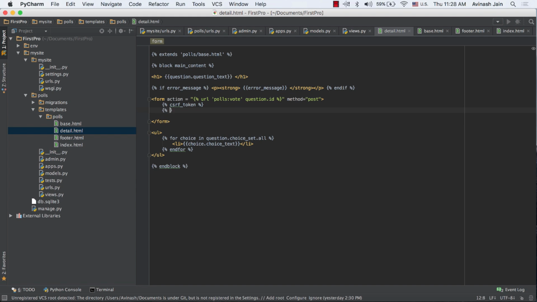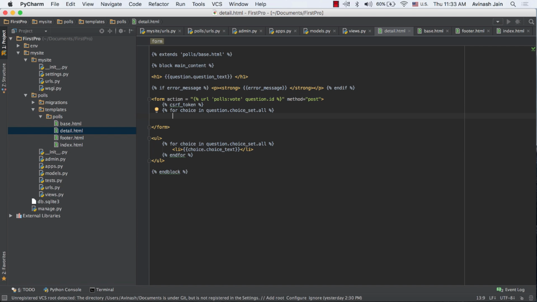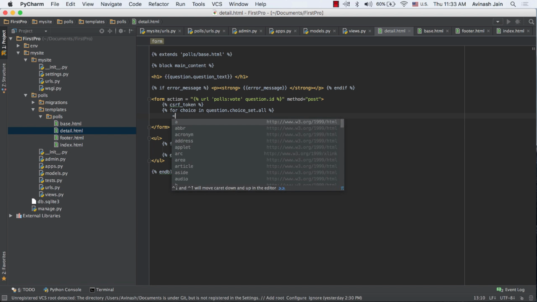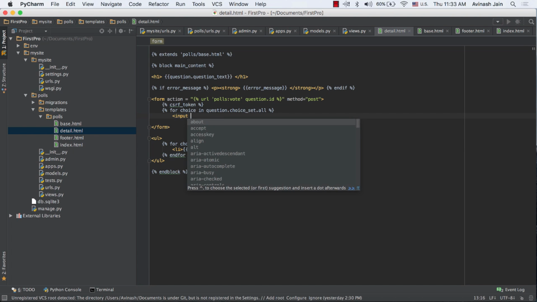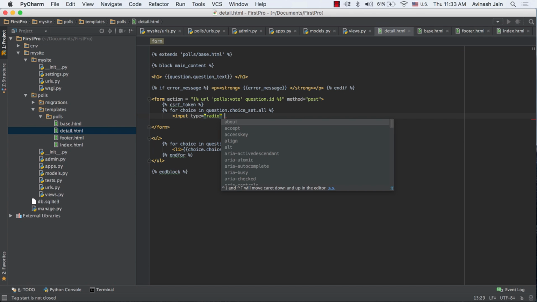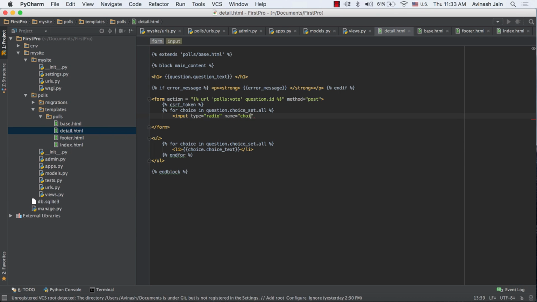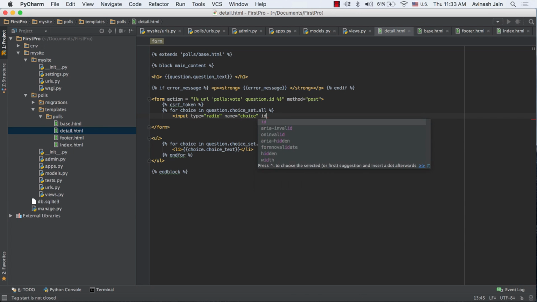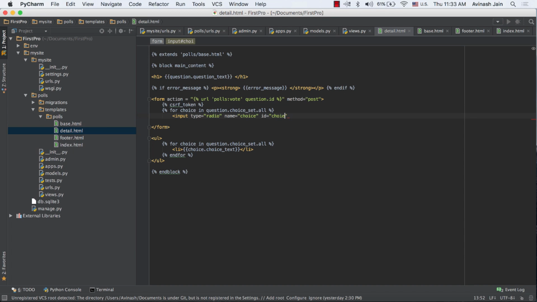For choice in question.choiceSet.all. Okay. All right. So we're going to need a button and a label. Now, we can create buttons by using the input tag. Type is going to be equal to radio, and radio is the circular buttons that you might have seen in a form. Go ahead and give it a name, choice, and ID should be choice